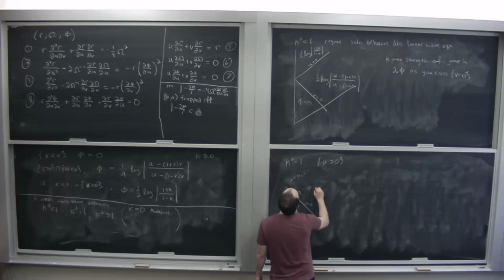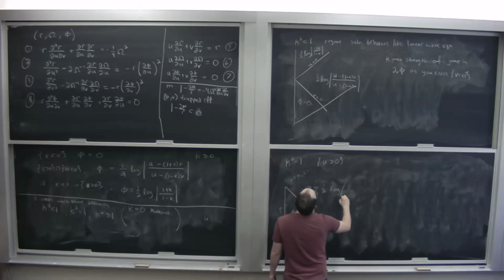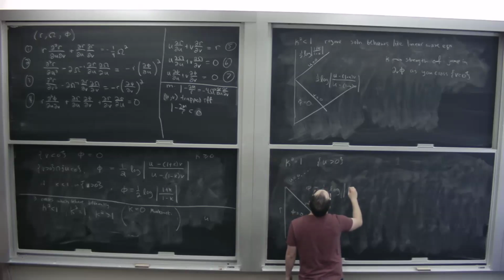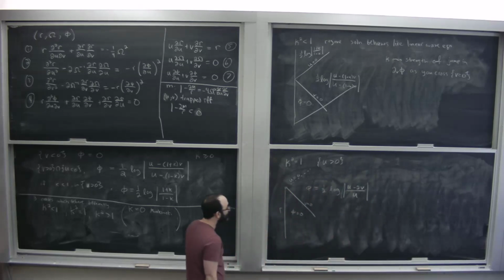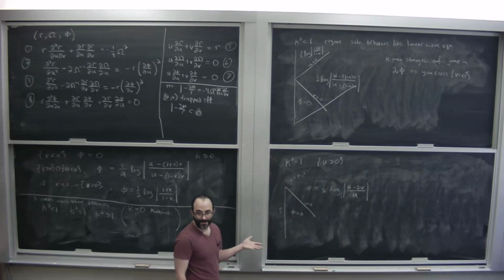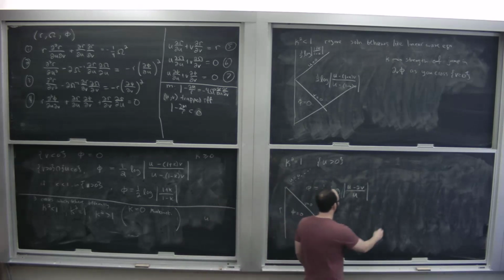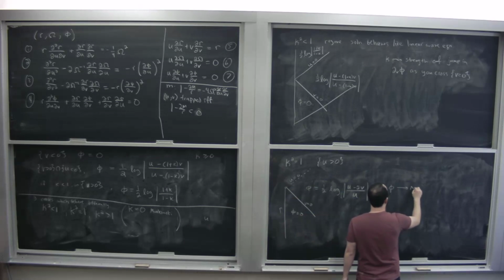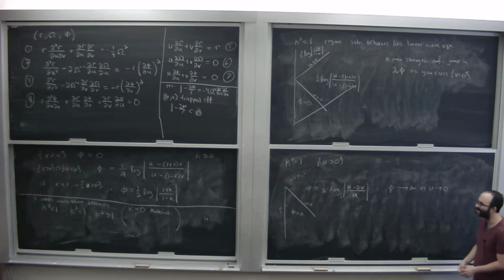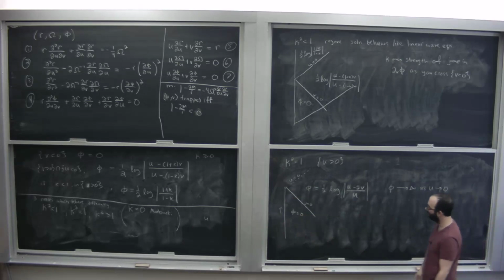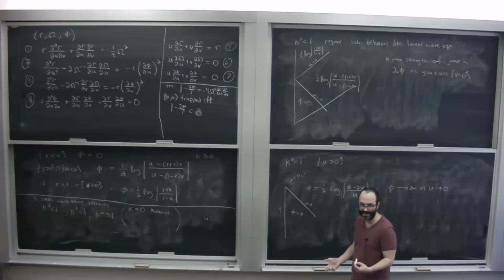And now the scalar field is equal to 1/2 log of (u minus 2v) over u. And so as u goes to 0, we have a logarithmic blow-up. So the scalar field is now going to infinity as u goes to 0. So you can think of this as fair to call a genuine singularity, and that the